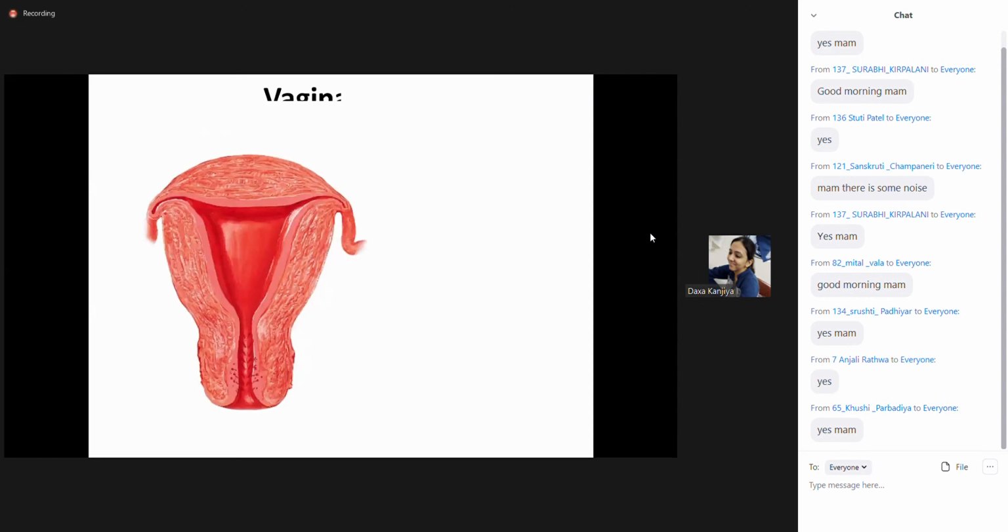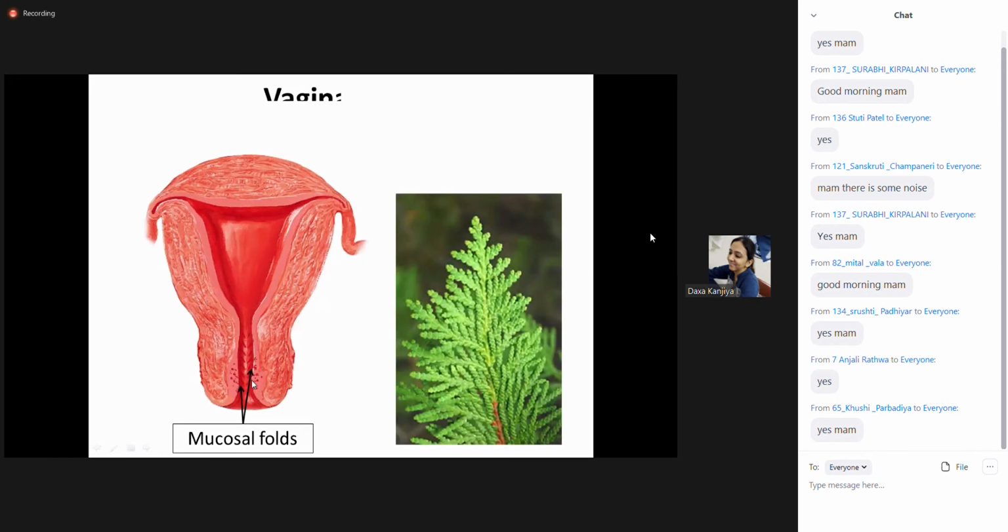If you see the histological structure grossly, in the cavity of the endocervical canal, or cavity of the cervix, there lie various mucosal folds. There is one longitudinal mucosal fold, and there are certain oblique mucosal folds extending upward and laterally from this central part. And if you compare this pattern with the branches of a tree, it is called the arbor vitae. This pattern of the mucosal folds, which is seen in the endocervical canal, is called arbor vitae.